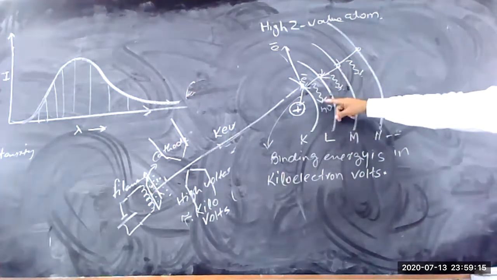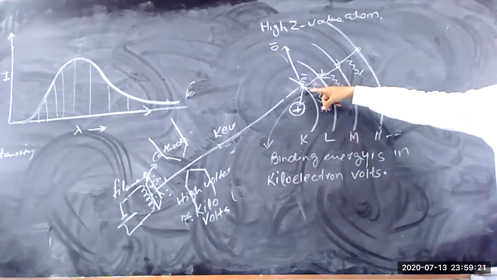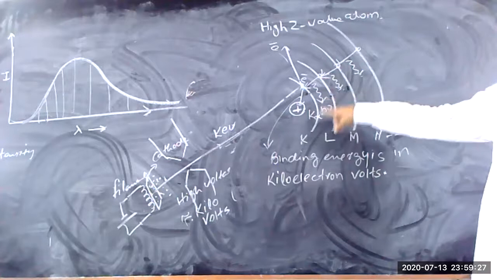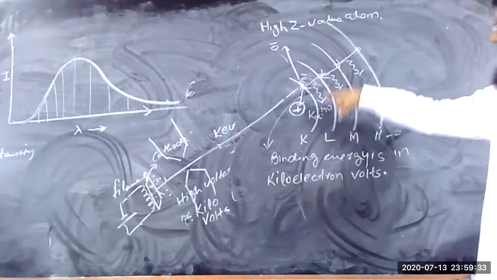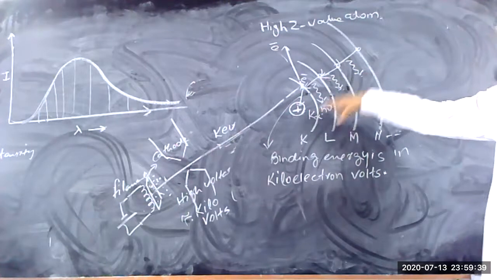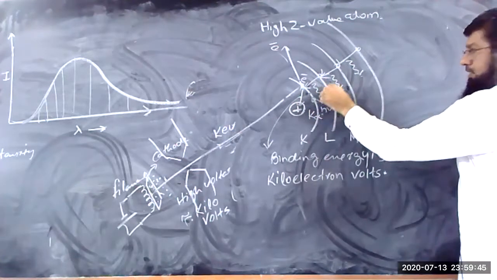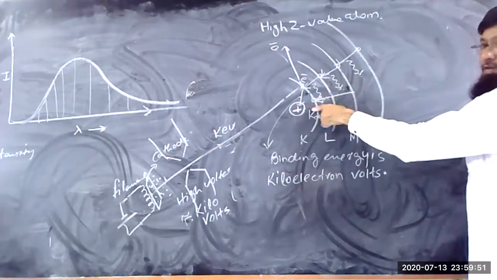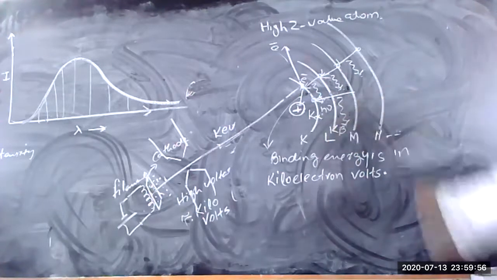So this X-ray, which is the X-ray of the K shell, we call it K alpha. The name of this X-ray is K alpha. It means the deficiency is filled up in the K shell by the L shell. There may be a chance that there is a deficiency in the K shell and it is not filled up by the L shell, it can be filled up by the N shell directly. Again, the radiation is emitted out. This radiation is known as K beta.